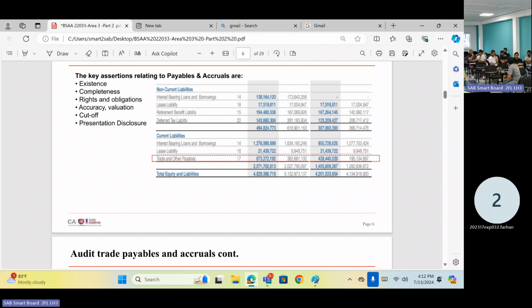To recognize the asset, do you want the ownership? You want the control. Right to control the asset. Right to use asset means right to control the asset. Right to future benefit of that asset.